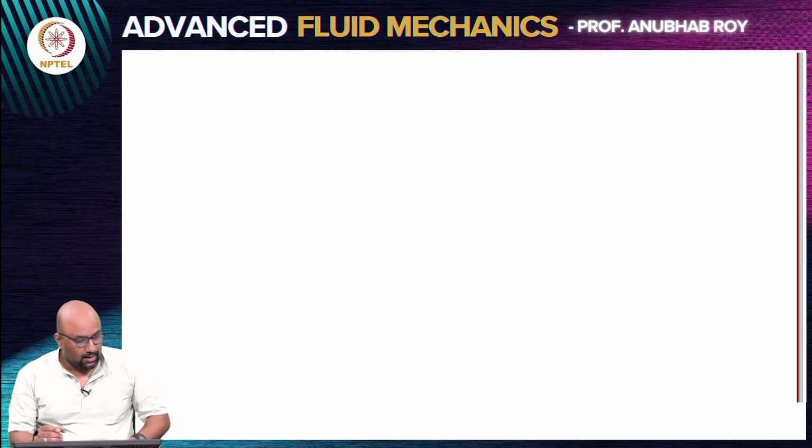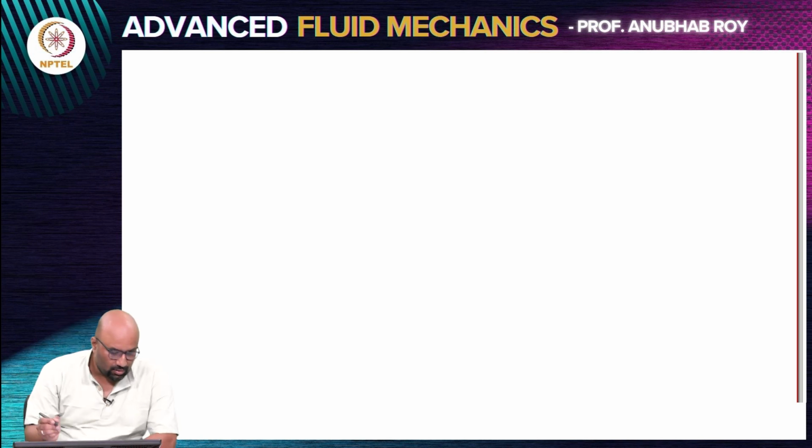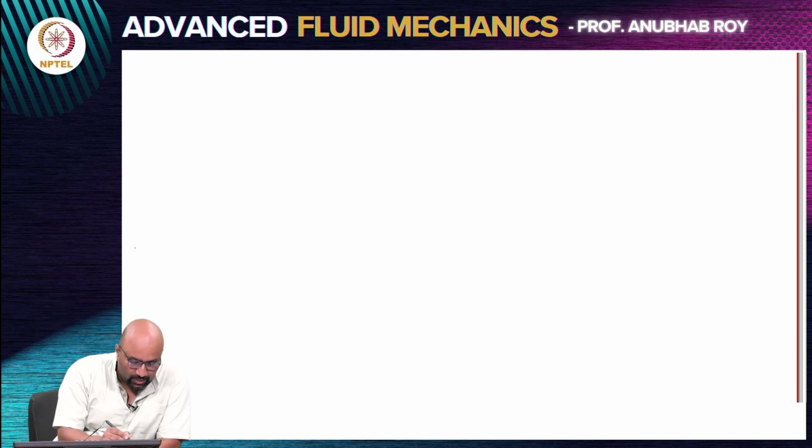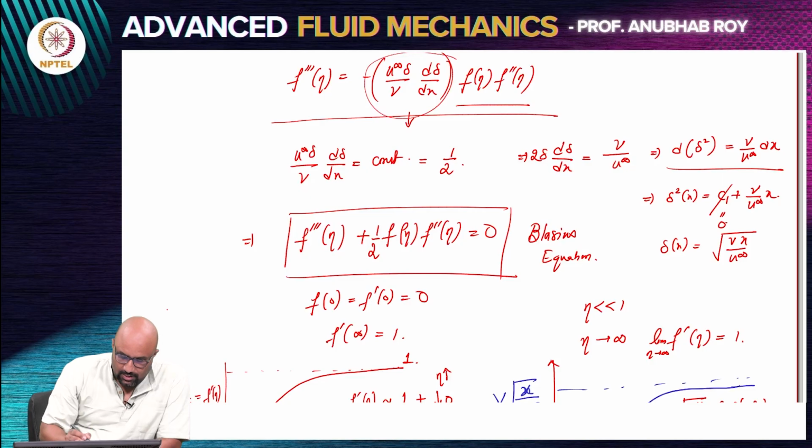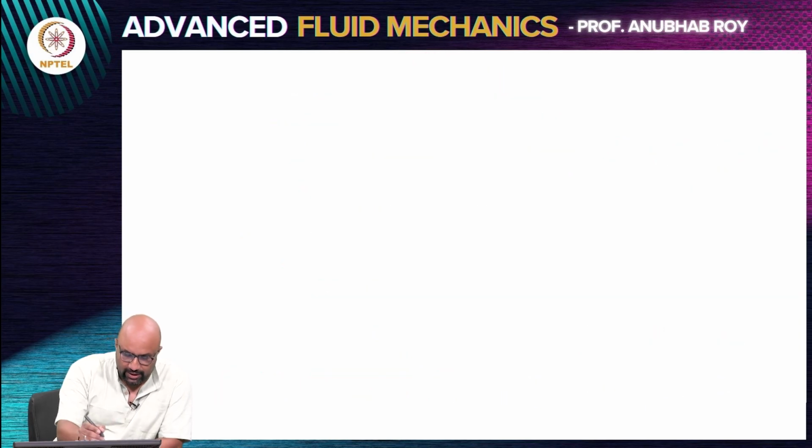So, welcome back to our discussion on boundary layer theory, and specifically the last class was focused on looking at flow past a flat plate. So, we went through the derivation for Blasius boundary layer. So, after the entire exercise of the similarity variable, we obtained an equation for the boundary layer variable